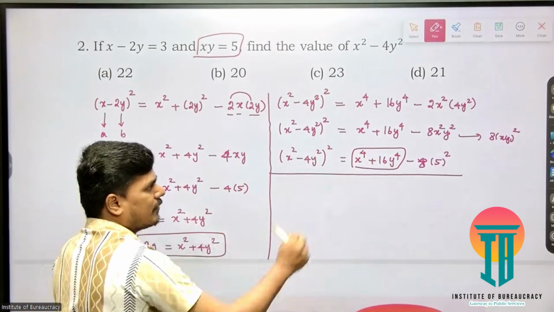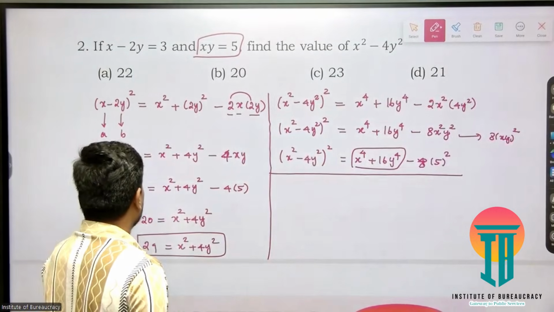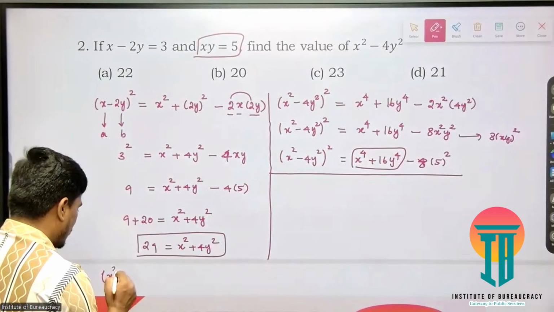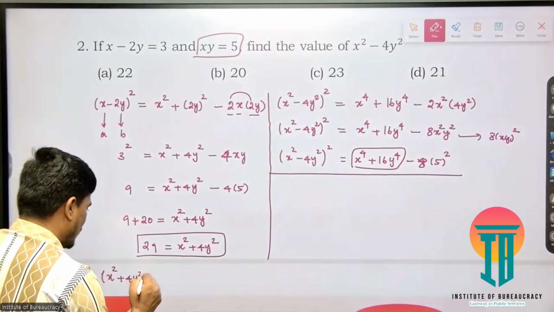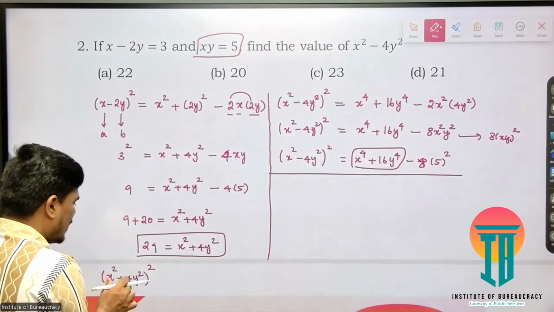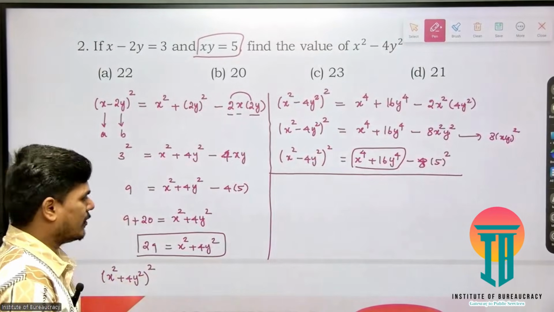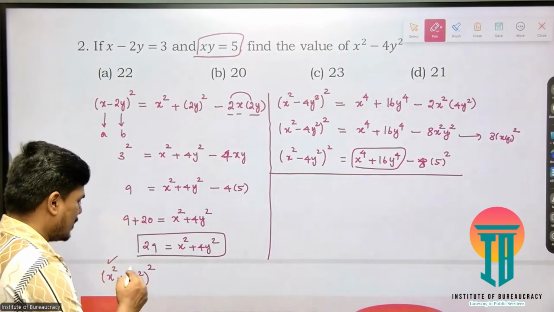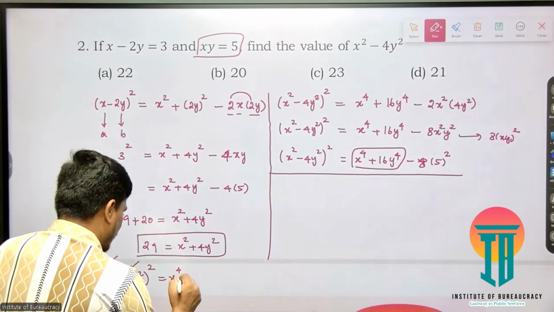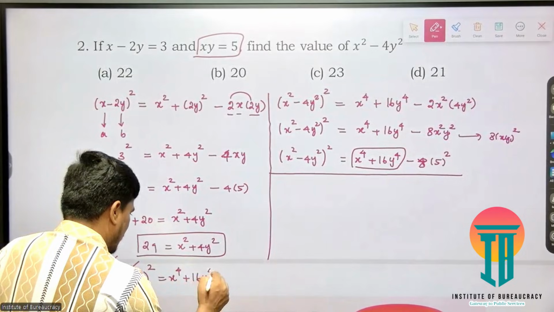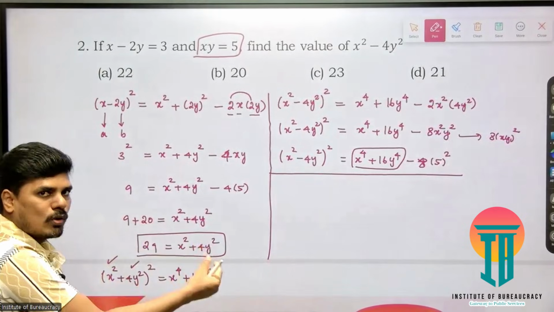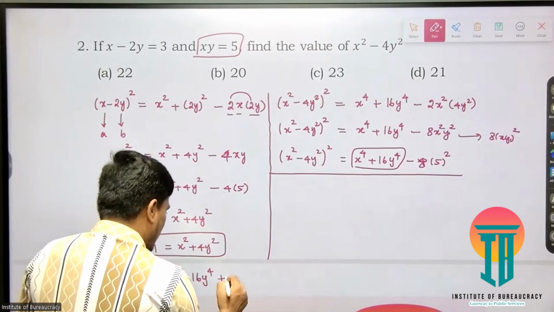Now, in order to find this value, I'll take x square plus 4y square, the whole square. If I expand this, I'm using the (a plus b) whole square formula. In the place of a, I have x square. In the place of b, I have 4y square. I'm going to square it. So it's going to be x power 4 plus 16y power 4. That is x square the whole square and 4y square the whole square. Then plus